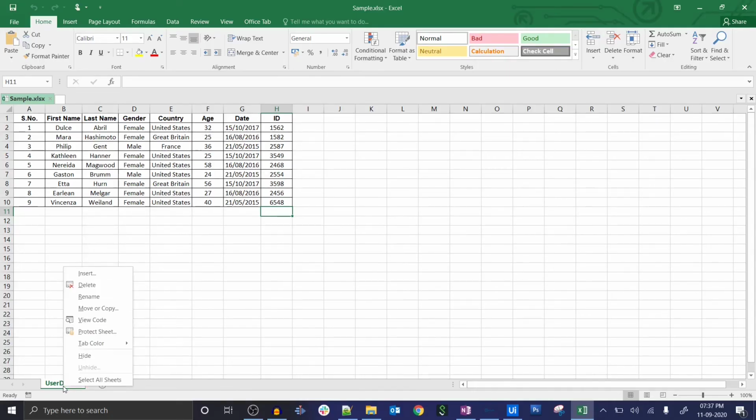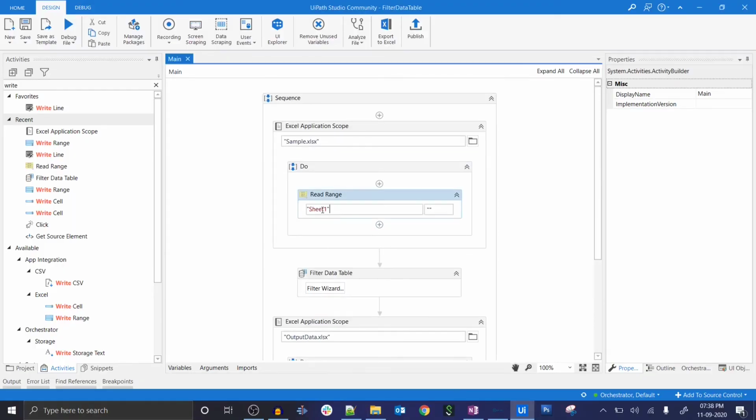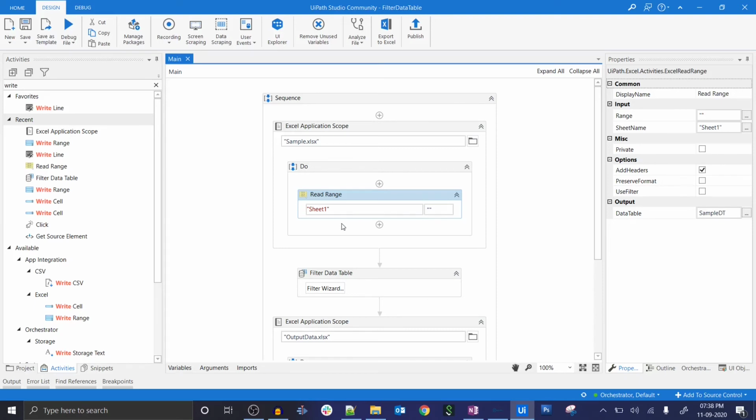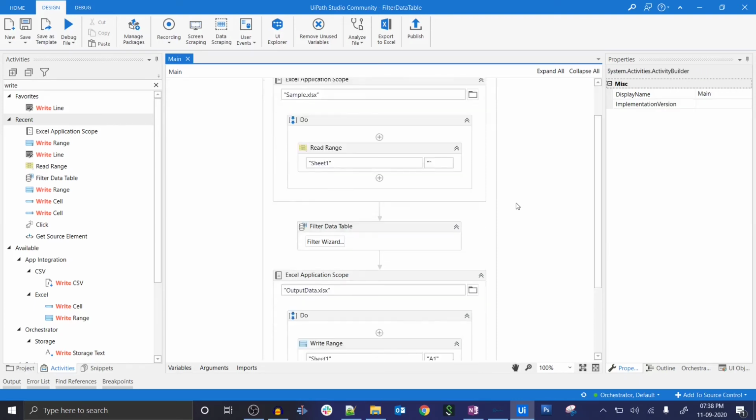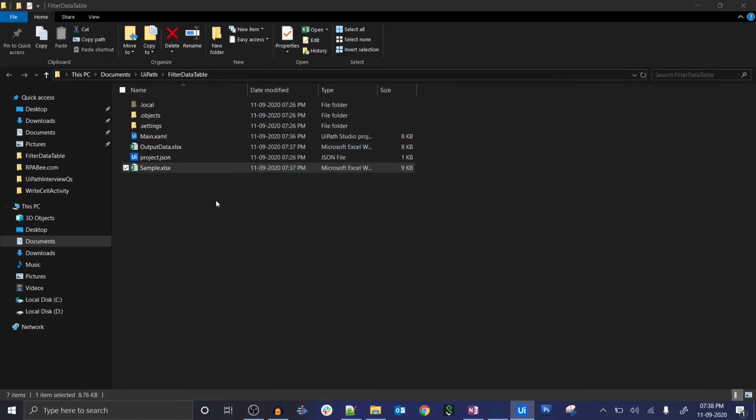Here this is not Sheet1. This name is not Sheet1. See, here we were passing Sheet1, but the name was something like user detail. So I changed the name to Sheet1, and now I will run the workflow.